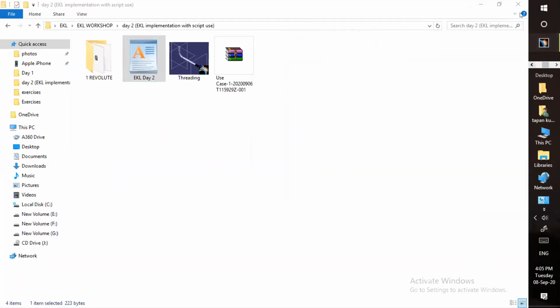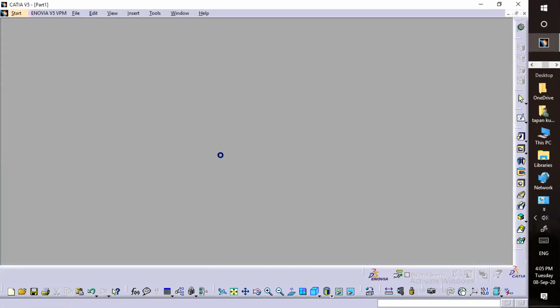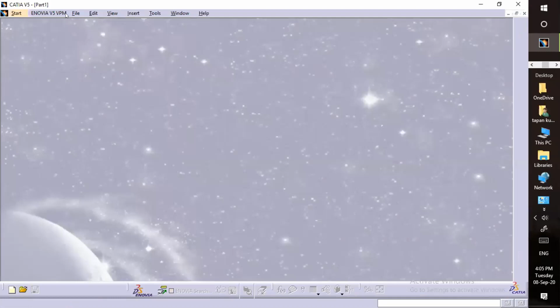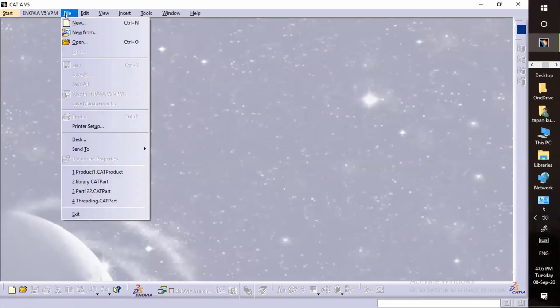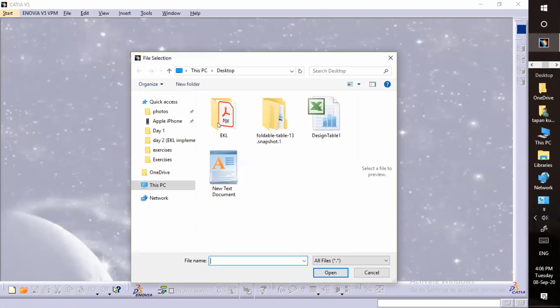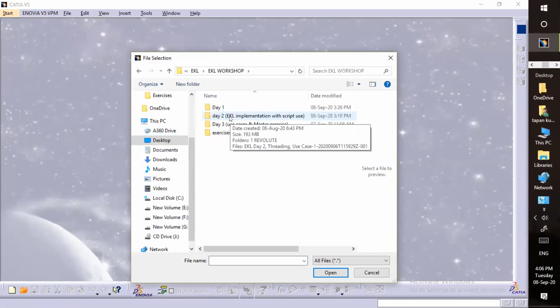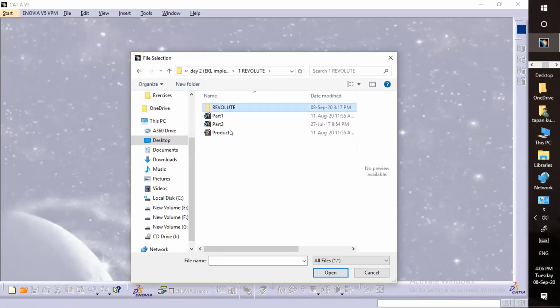For kinematic speed control I have one model with me already. I have applied the kinematic joint and everything. So let me open that file. I'll open this product.